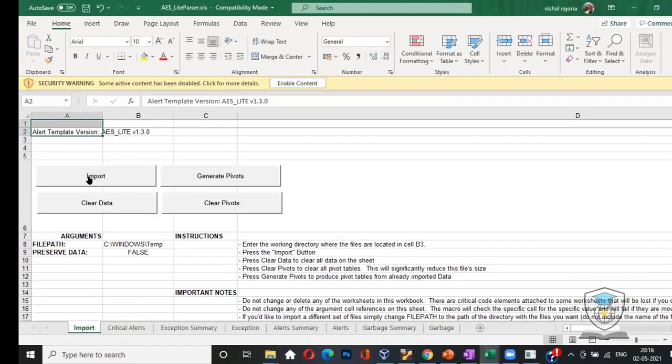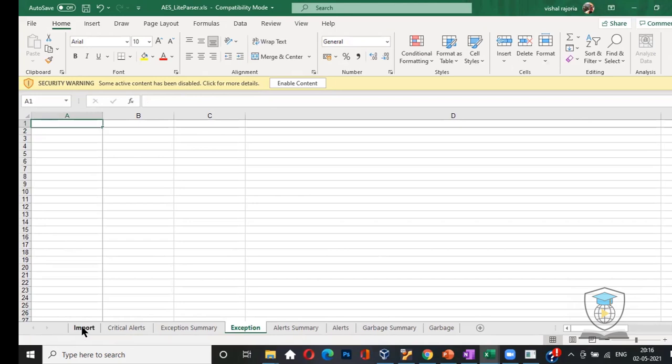So in this file, click on generate pivot. Even that maybe we do not need it. So here you go to, okay.